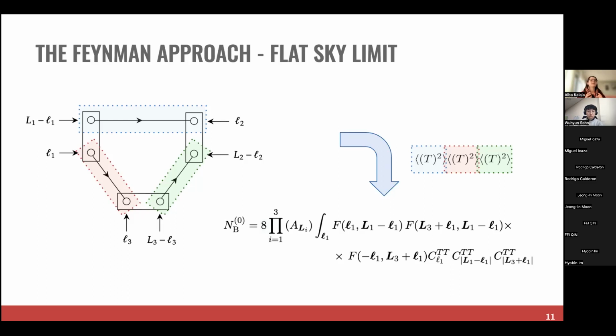immediately from the diagrams from which part of the connected 6-point function the diagram comes from. So for example, in this case, you can draw 3 different rectangles, each of which corresponds to a 2-point function. And indeed, N0 comes from that term. You can see this because this is a connected part of the diagram: if you cut through it, you will cut a propagator, while if you cut through here, you will not cut any propagator. And basically this defines the connected part of the 6-point correlation function.